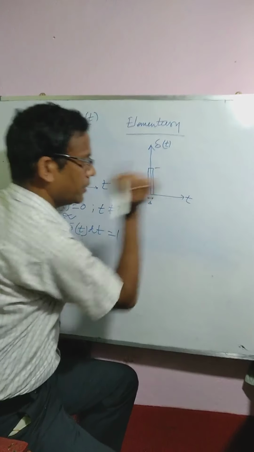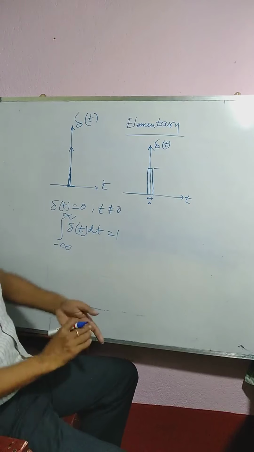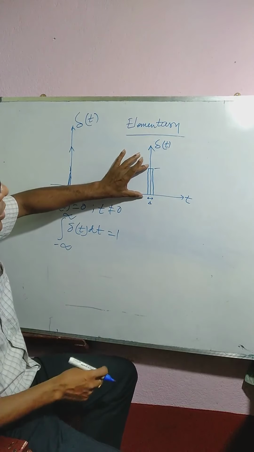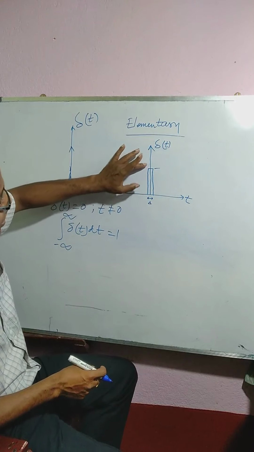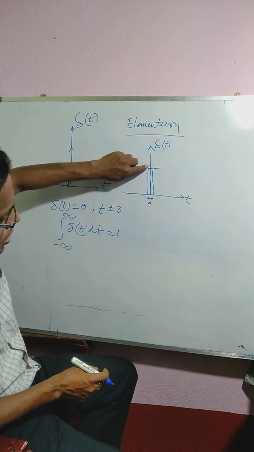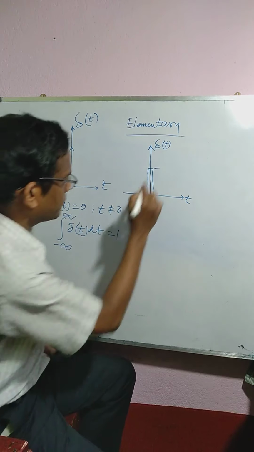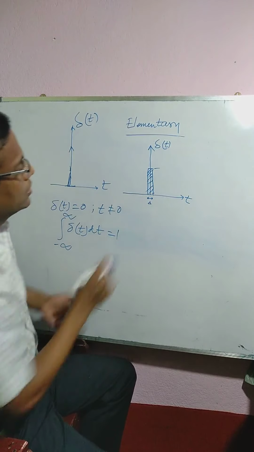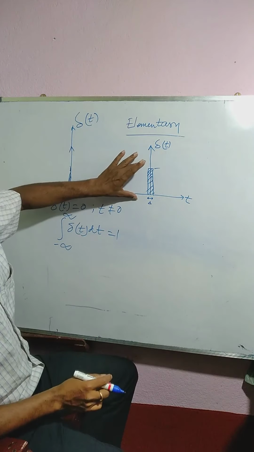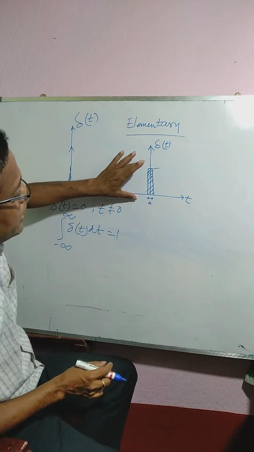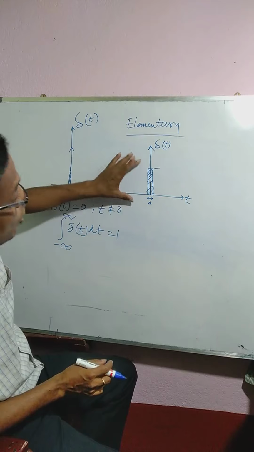So what should be the area? What should be the length of this small rectangle? The length of this rectangle, or rather the height, we can write as